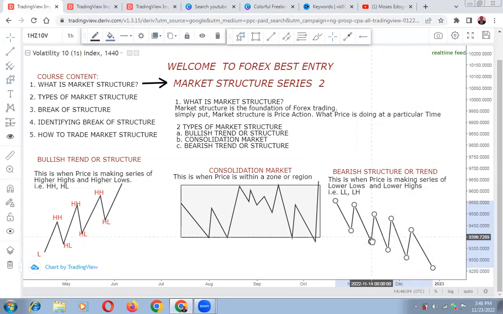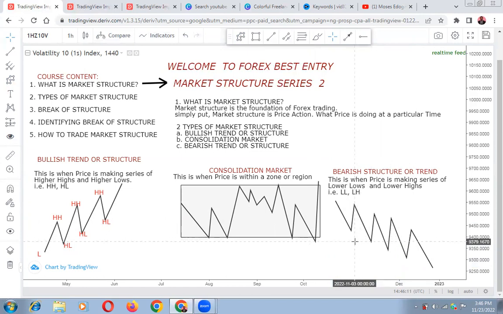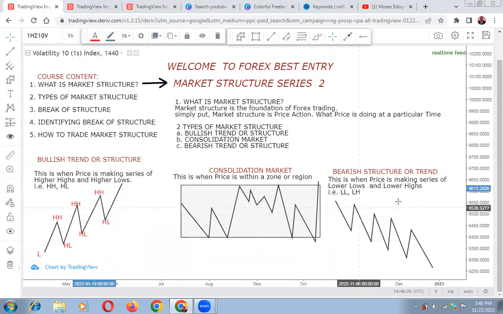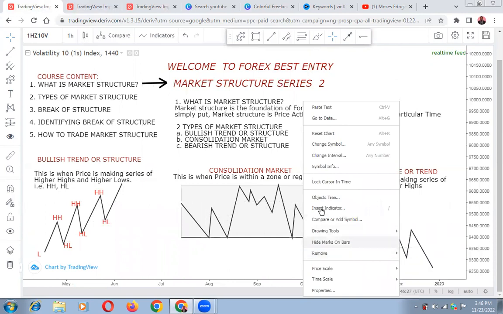This is simply when you say the market is bearish. It's bearish, or it's trending downward, or you call it the sell market. This is when sellers are more in the market and they are pushing price downward. This is the bearish trend or the bearish structure. So first of all, you need to identify what the market is doing. If you're able to identify what price is doing at a particular time, then you'll be able to